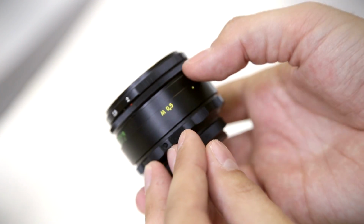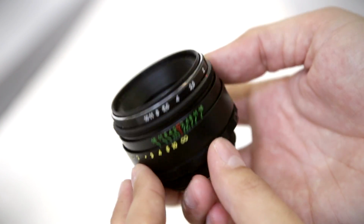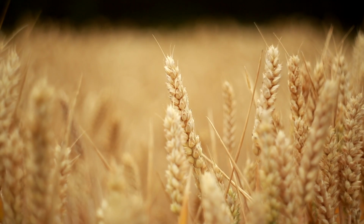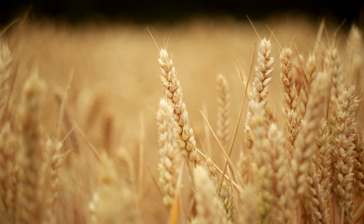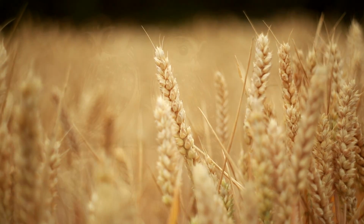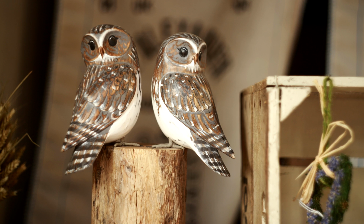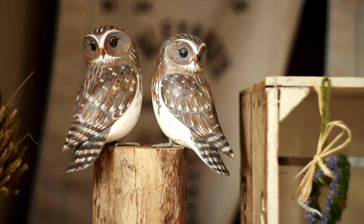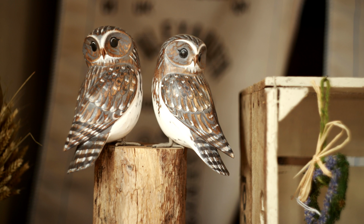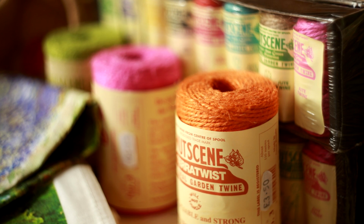The Russians made millions of these in different variations, and they can be found on eBay for only as little as £10 or $15 US. For a lens with an aperture as wide as f2, that's pretty incredible. You can get pictures like this on your camera using a lens that costs £10. Pretty amazing, right? Although I should mention that you'll also need to get an appropriate adapter for it to work